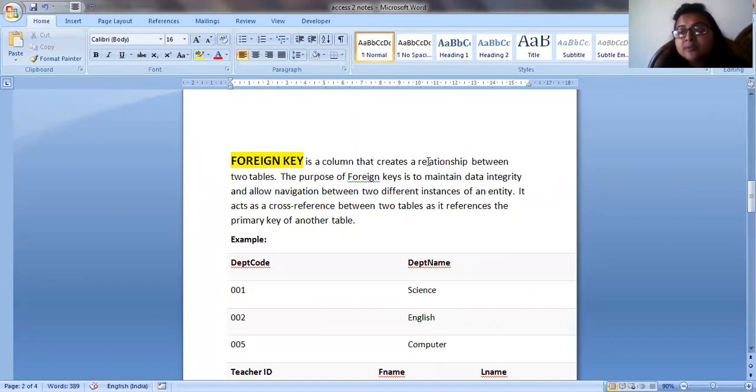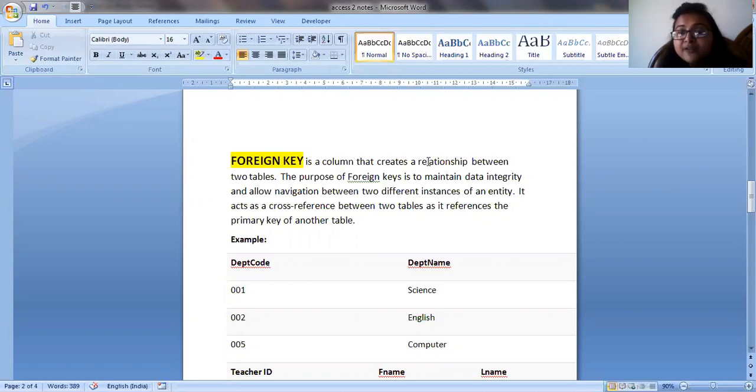Wherever in a question any particular field is mentioned as a foreign key, that means that in the table where the foreign key is mentioned, that field cannot be the primary key.